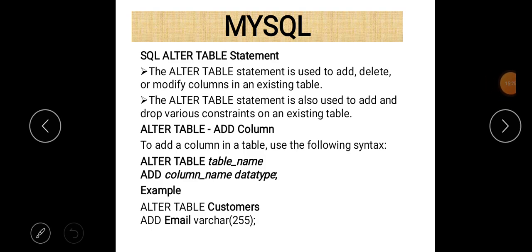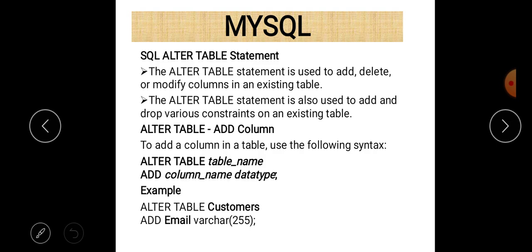Now a few things should be remembered. First of all, the alter table statement belongs to DDL, meaning data definition language, and the second thing is constraints. So there are different constraints such as not null, unique, primary key, foreign key, default, check. Constraints are the conditions that are imposed on a table, and we can impose them on a table at the time of table creation. And if we forget to use them at the time of table creation, then we can also apply them after that using the alter table statement. So the alter table statement basically alters the table structure.